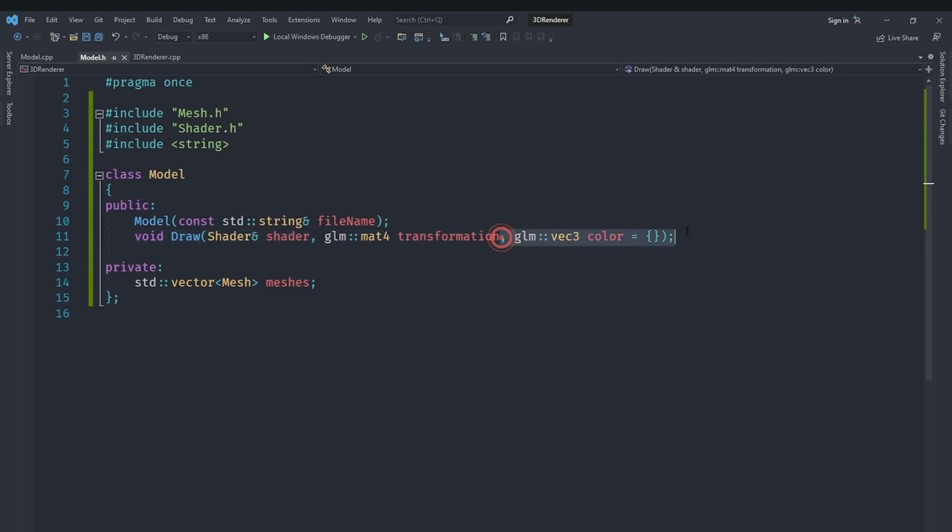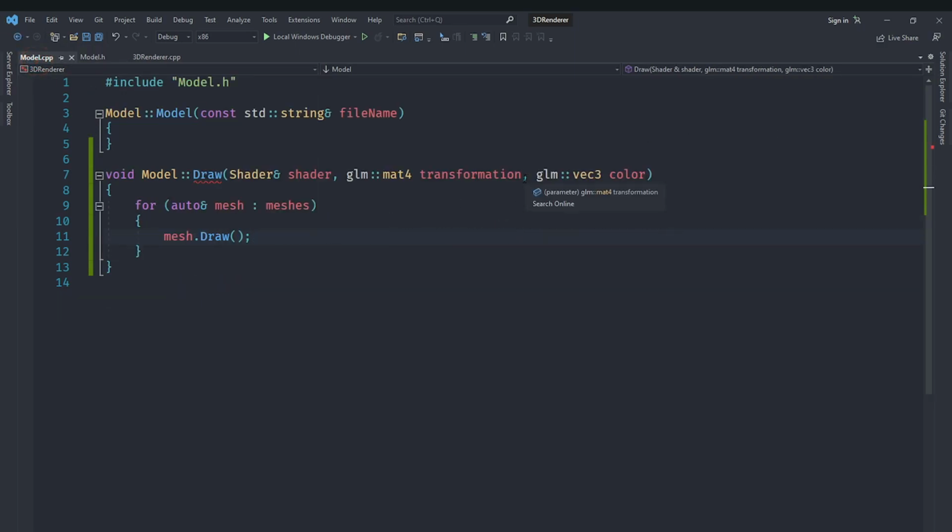By the way, I do not think we need color here. Let's just leave that to the object. The object will set it to the shader automatically. For now, let's just remove this and not have color here. And that's pretty awesome. But when we are drawing the mesh, what we need to do is we need to